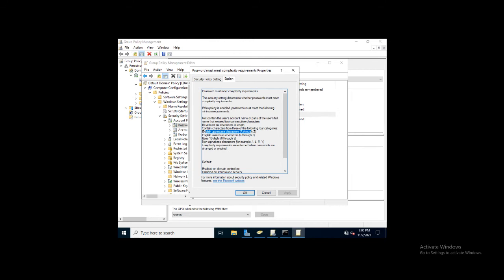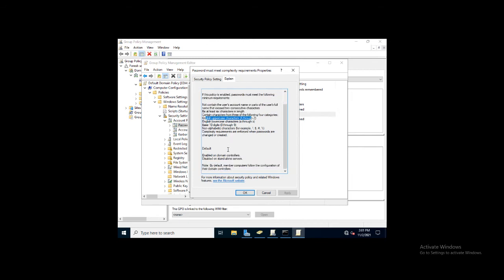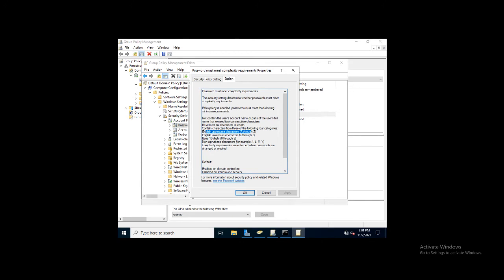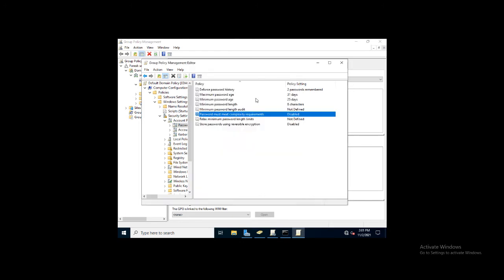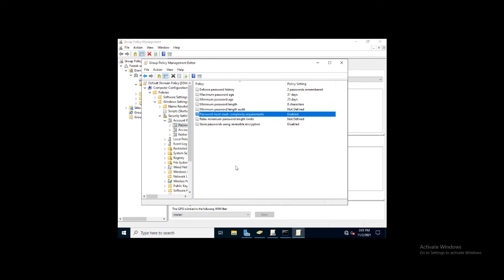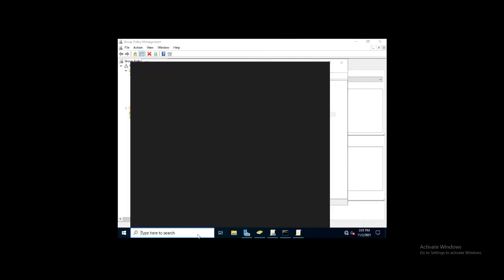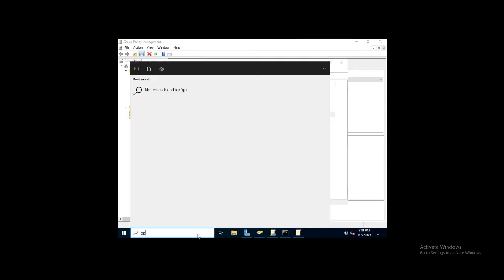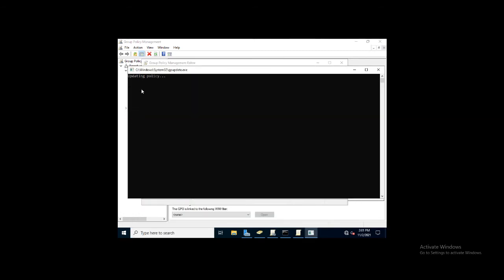These will be mandatory to use. We just have to enable it. I configured it now. Now I will run the group policy update.